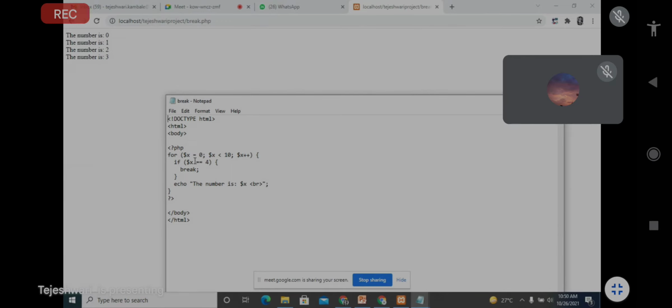Same, we want to check a condition like you mentioned here: if $x is equal to 4. When you get this particular condition, that means the condition will be true. It means that particular value, that is $x. So first,